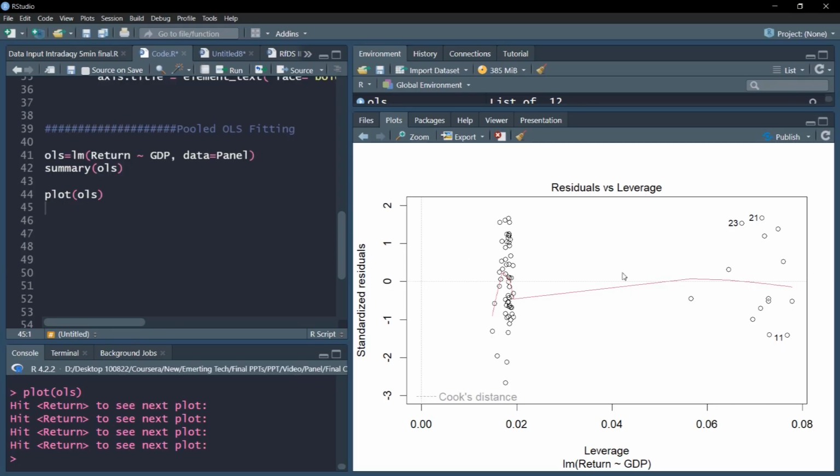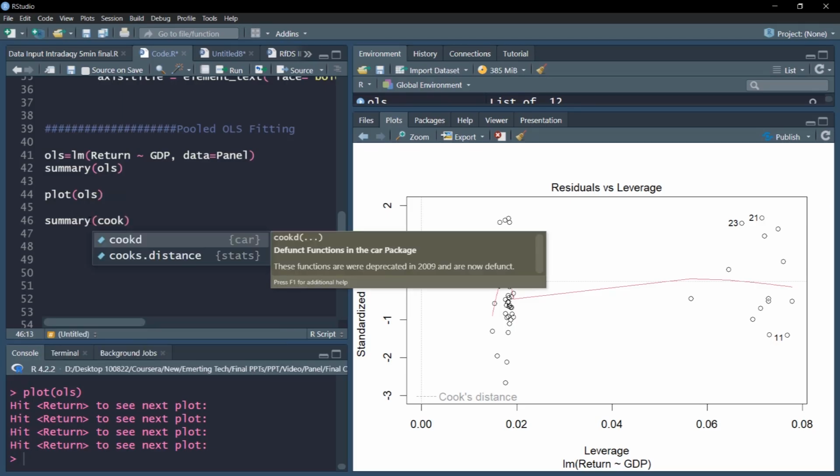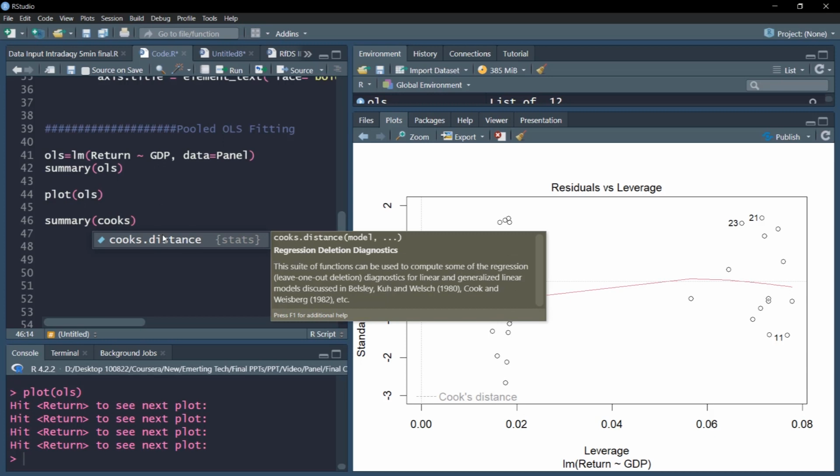Generally, customarily in this plot you will find the lines corresponding to Cook's distance of 1 and 0.5, and those points that are beyond those lines would be extreme. In this plot, I do not see those lines for Cook's distance of 1 and 0.5, so probably the Cook's distances are rather small. Let me have another way to examine the Cook's distance, to get more idea why we do not see those two lines.